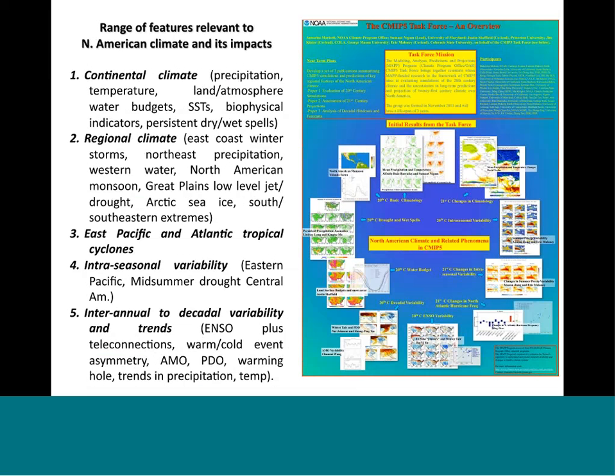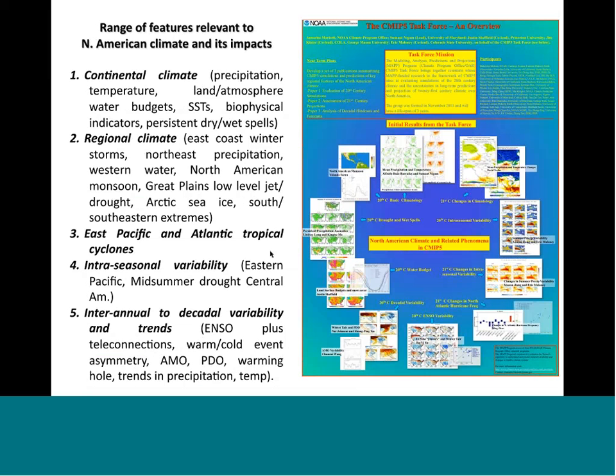So the range of features that we looked at, I've grouped them here, 5 groups. The first one is continental climate, so that's the basic climate characteristics: precipitation, temperature, land, atmosphere, water budget, sea surface temperatures, and some other elements there for the continent as a whole. Number 2,